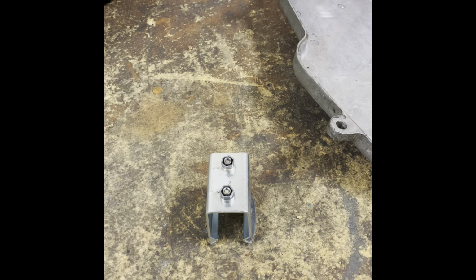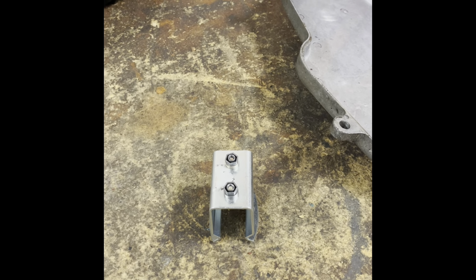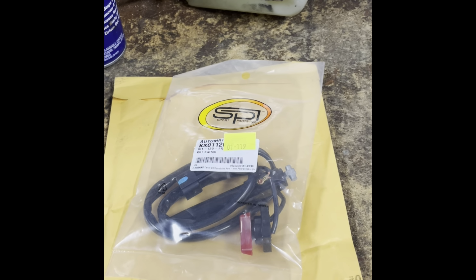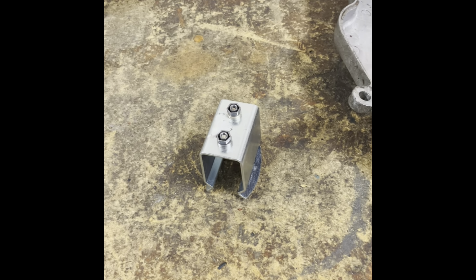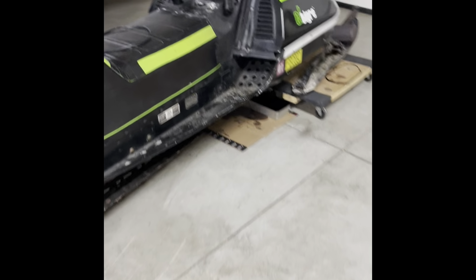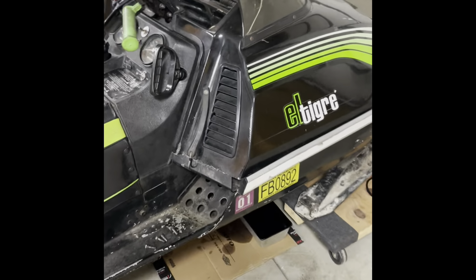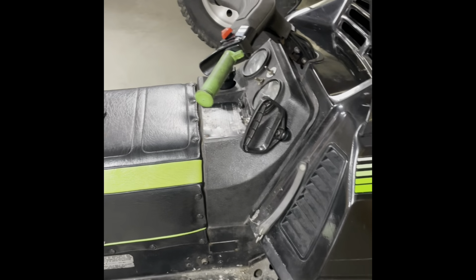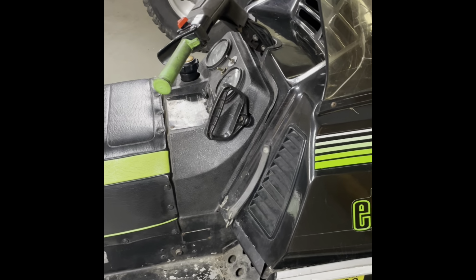All right, back on the El Tigre here for a few minutes before heading off to work. That came in, a kill switch. Still haven't received the O-ring for the bearing in the chain case, so kind of on a standstill on that. Don't know where that's at. I don't think the post office does either. So yeah, I'm going to install that